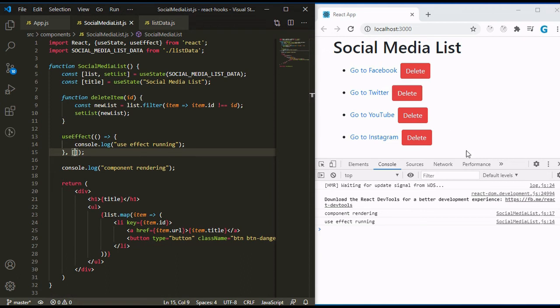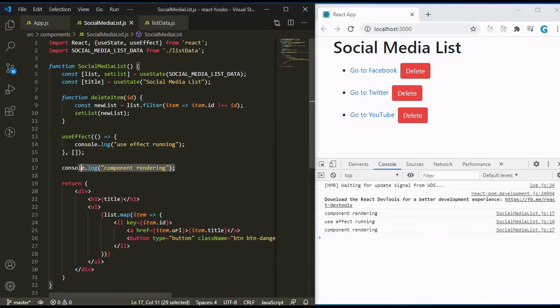So let's see if it will work or not. Again I am going to delete an item from the list so we can check the difference. Now here we can see only the component rendering message printed. That means only this console has printed, not the useEffect's console.